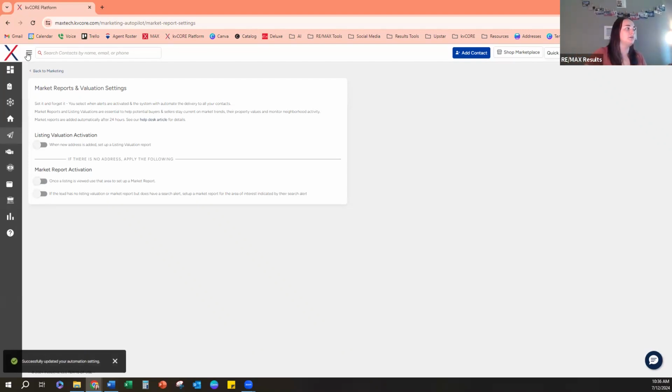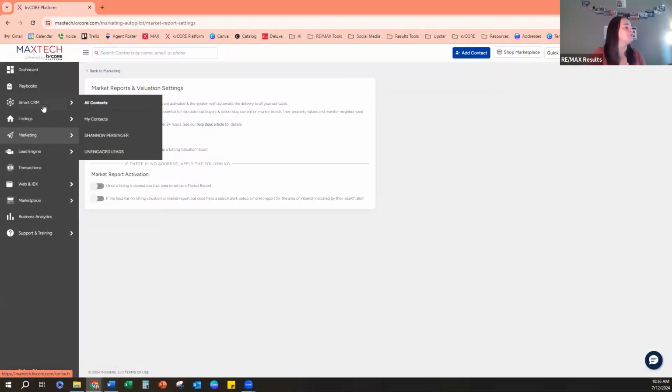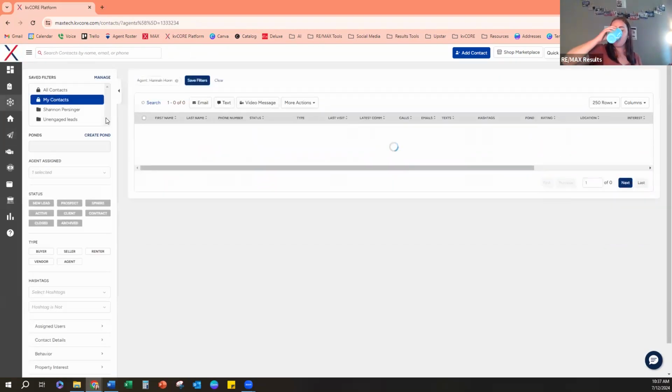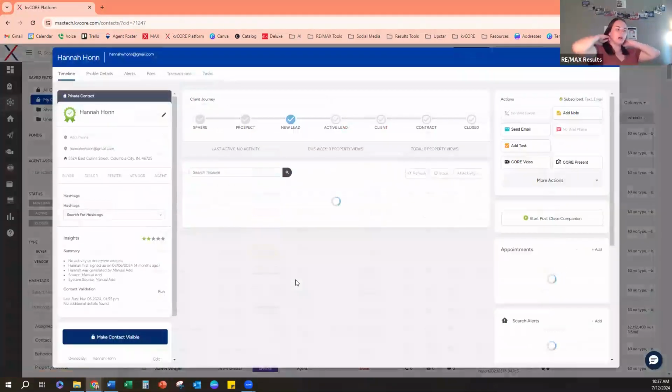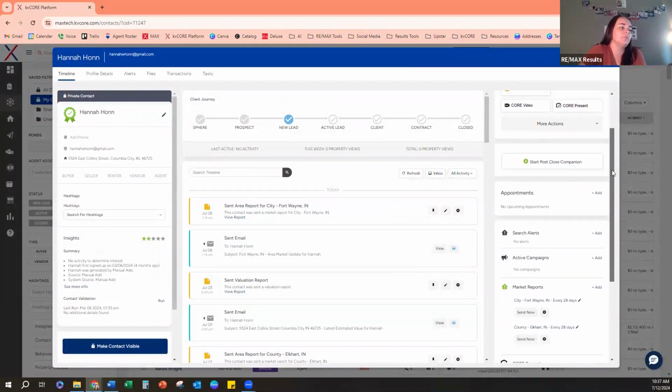Now, if you want to do it on a case by case basis, kind of see what's going on with each lead, you can also do it on an individual basis by going into your Smart CRM. My contacts always take so long to load because I have so many. Okay, so you go into your contact here, and then over here on the right is all of your actions. So we're going to go down below,